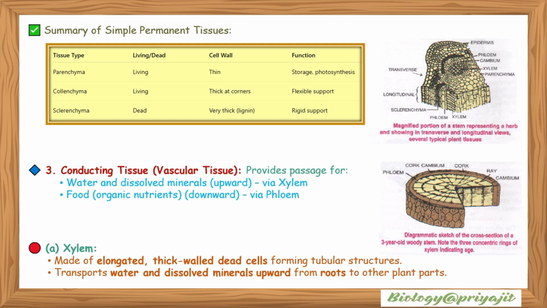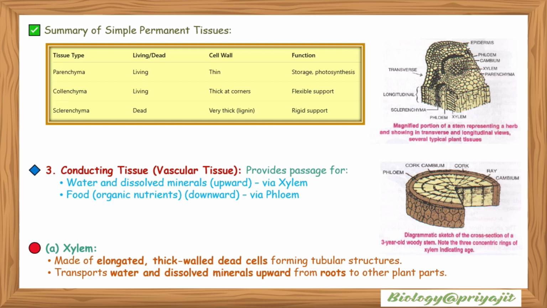Now we'll go to the summary. Simple permanent tissue is of three types. Parenchyma is a living tissue. It has a thin cell wall and its function is storage and photosynthesis. Collenchyma is also living tissue. It is thick at the corners and provides flexible support. Sclerenchyma is basically dead tissue and it has a thick cell wall where lignin is deposited, and its function